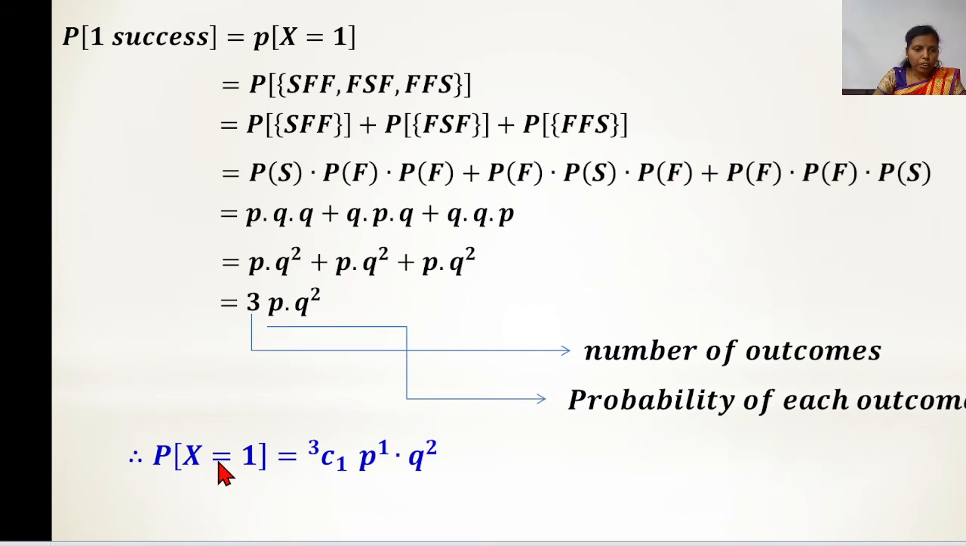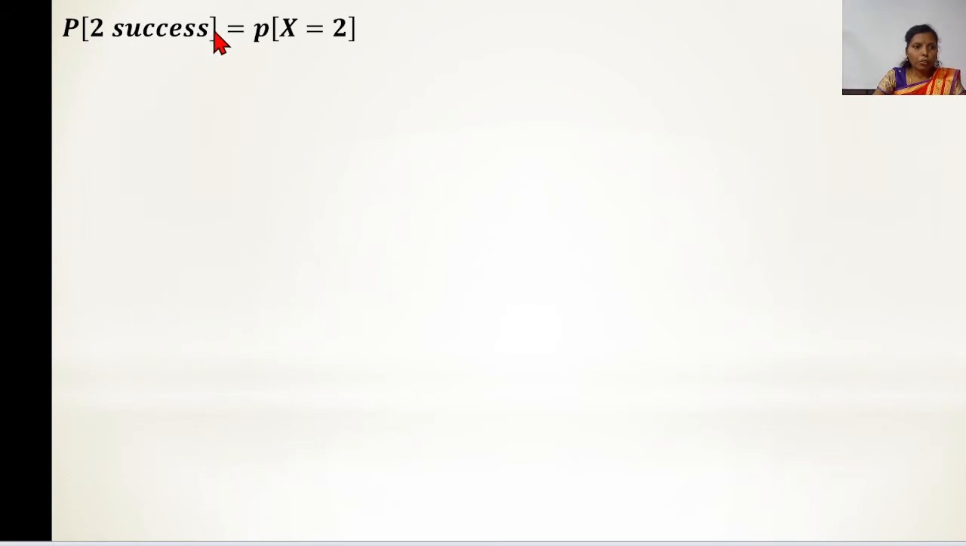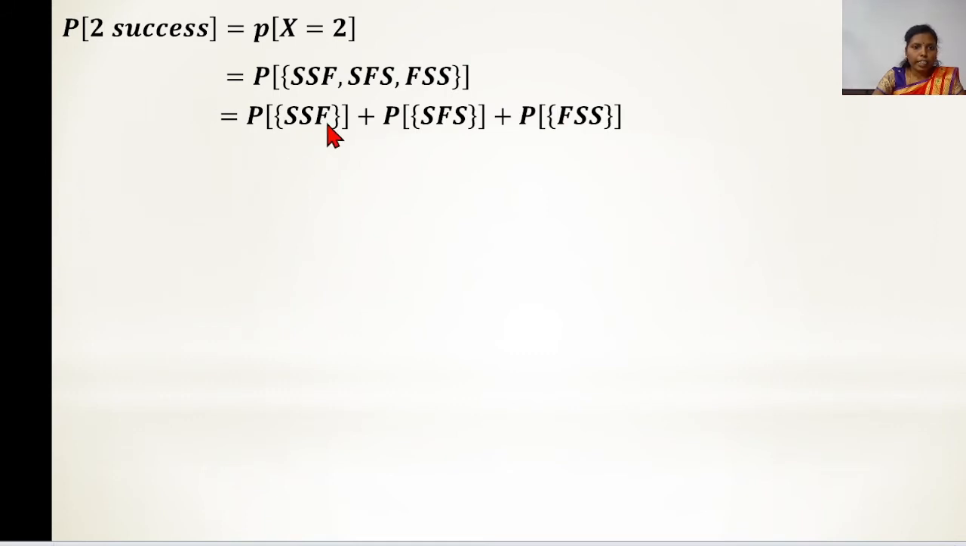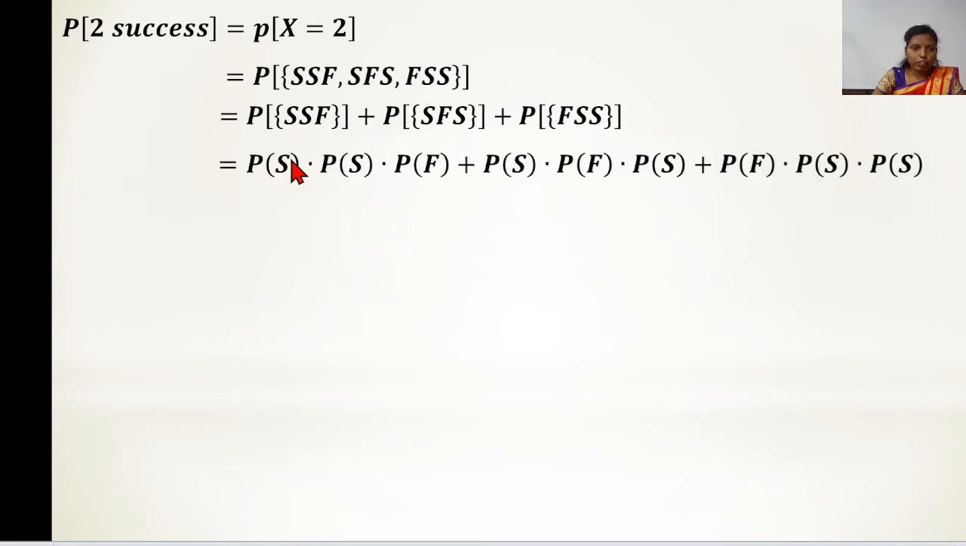That means the probability of one success, that is one head, can be written as 3C1 P raised to 1 Q raised to 2. Next, the probability of two successes, that is probability of x equal to 2, that is, there are two heads. Therefore, P is equal to the probability of SSF, SFS, FSS. Next, the probability of SSF plus the probability of SFS plus the probability of FSS. Here the trials are independent,